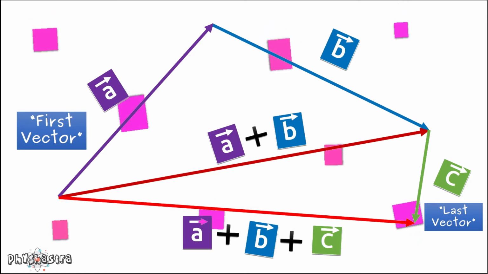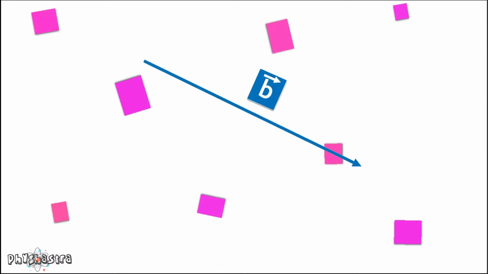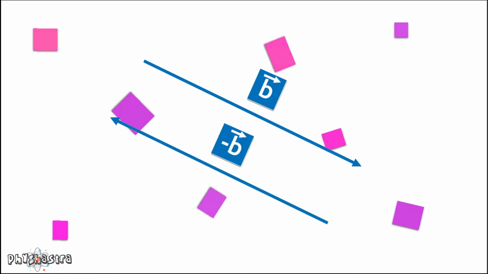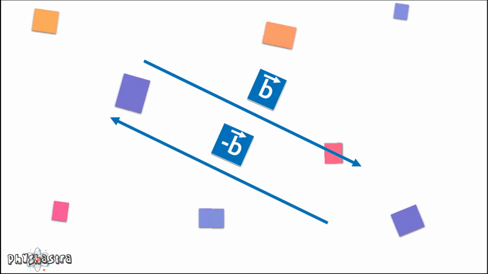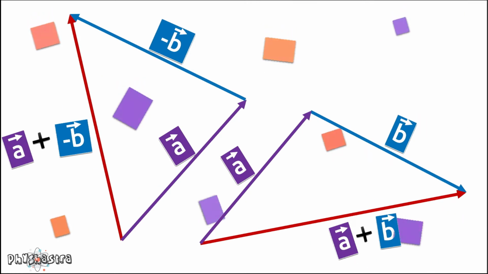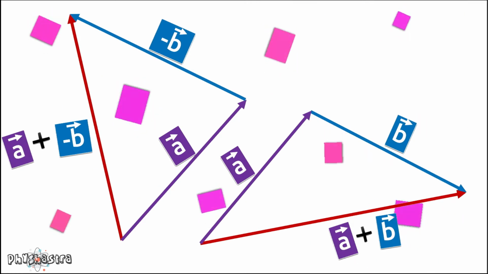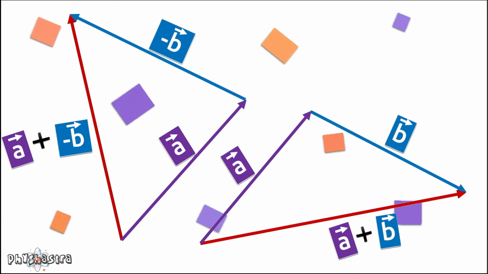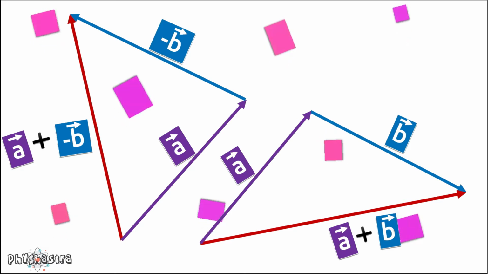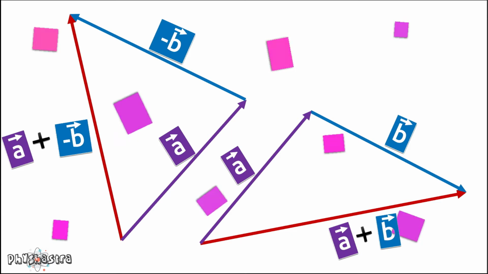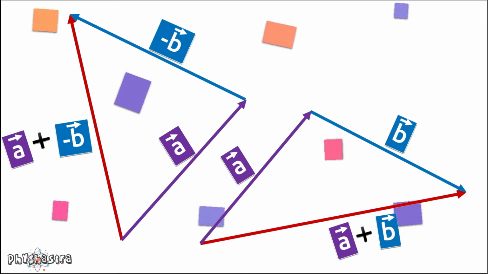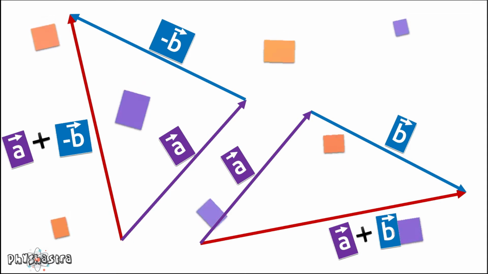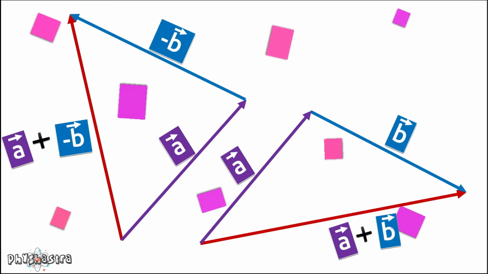Now, how do we write the subtracted form of vector? You remember that when I told you earlier, when you reverse the direction of the vector, then you get the negative of that vector. So here if we take the previous vector B and reverse it, then you get the resultant vector as A plus minus B, which is the vector A minus vector B. And always remember that the resultant vector must be in the form of tail of the first vector to the head of the last vector.